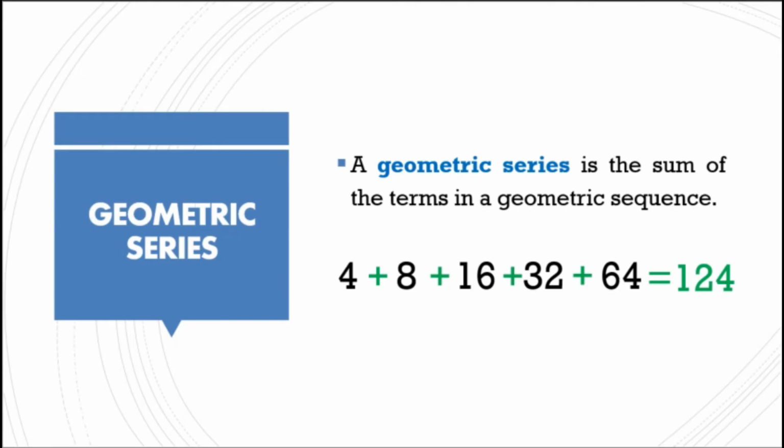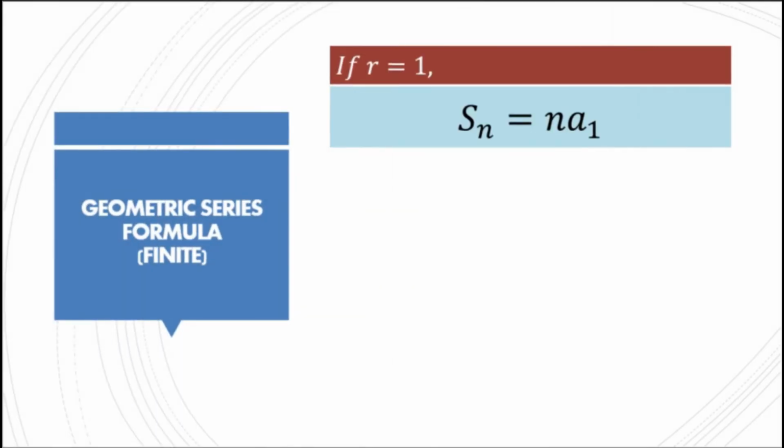But what if we have many terms to add? Well, certain formulas can be worked out. In geometric series, we will be applying different formulas depending on the value of r. Let us have the first one. If r is equal to 1, then our formula would be S sub n is equal to n multiplied to